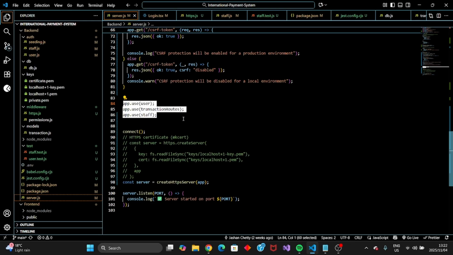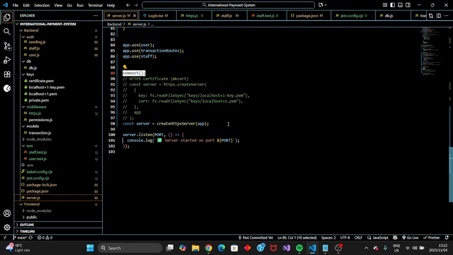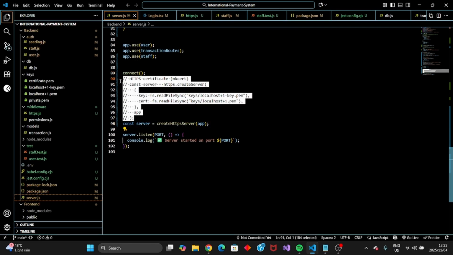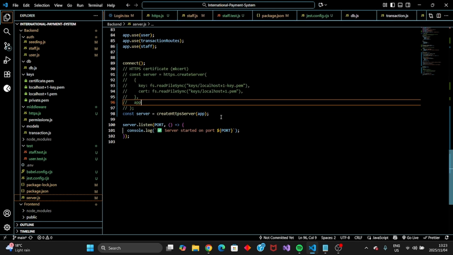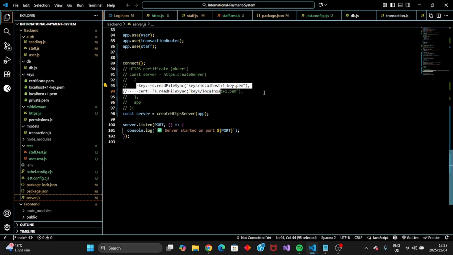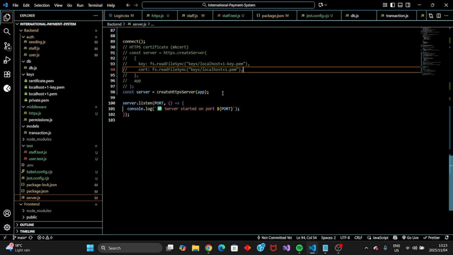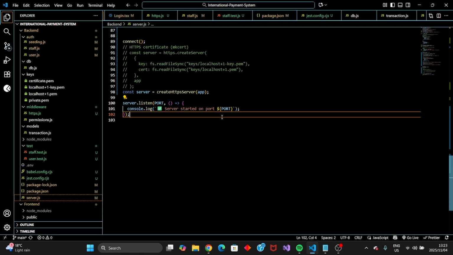Over here, I just define our routes. Here I connect to our database. Over here, it's basically this code over here, but I modularized it, along with the HTTP, as better coding practice. So it basically just reads our certificates and our keys and connects to HTTPS. And then here we listen for the port. So now I will go through